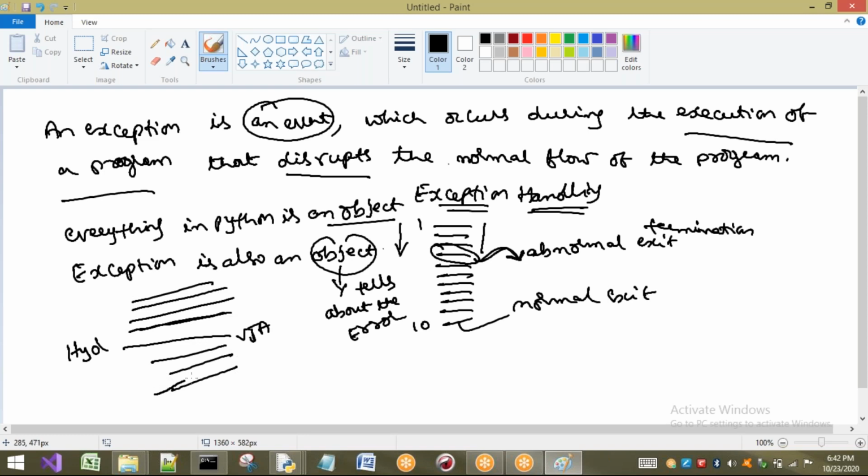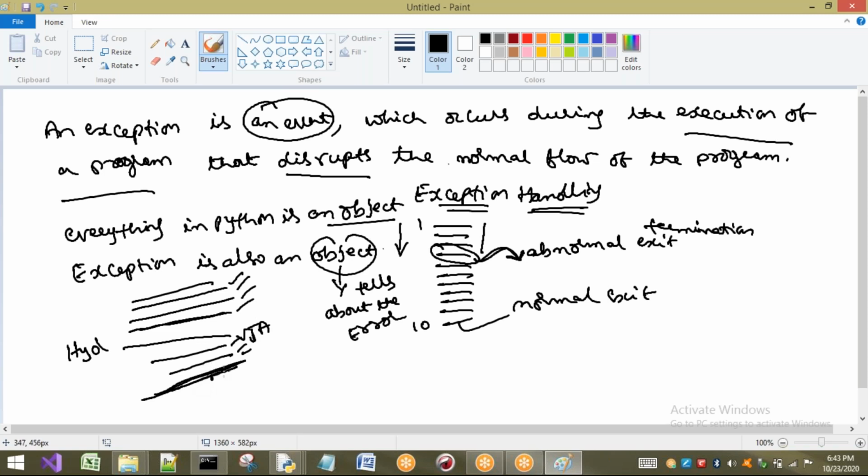When I'm going to Vijayawada, there is no problem. I enjoyed a weekend at Vijayawada and I'm coming back. While I'm coming back to Hyderabad, what happens? My tire is punctured. Is that an expected case? All these times, was my tire punctured? No, it was not punctured. So it is unexpected.